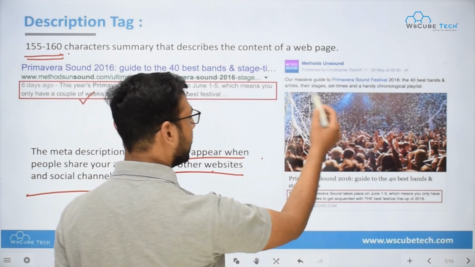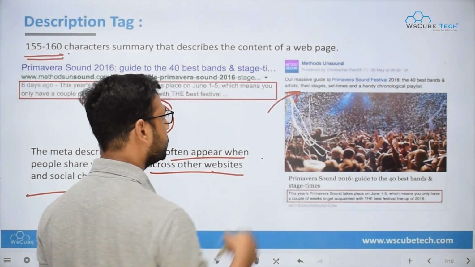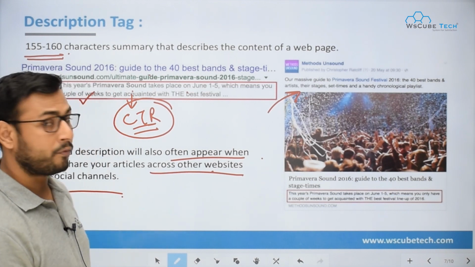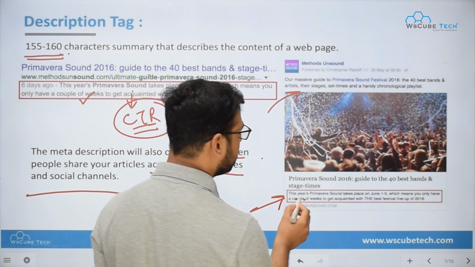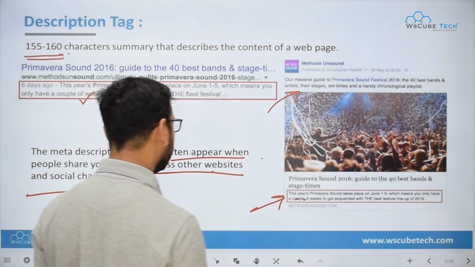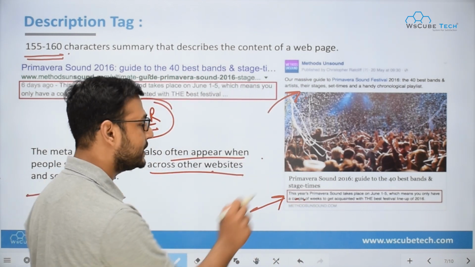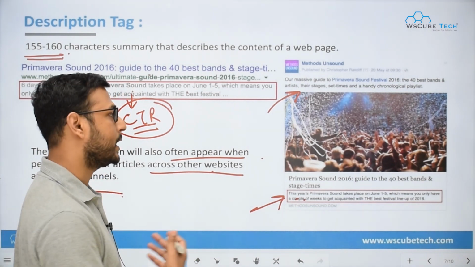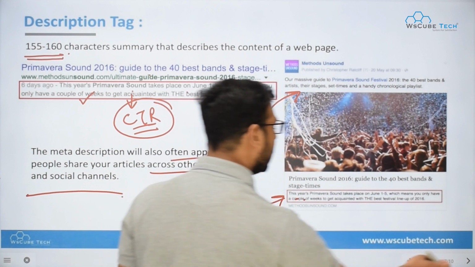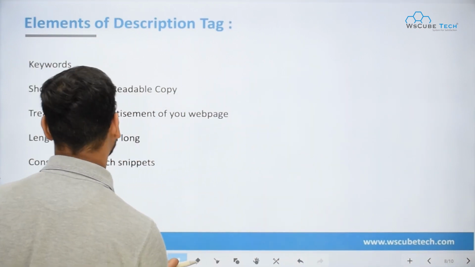As soon as they share your website on their profile, you can see the description is present over here. So you have to make sure that it is convincing, because it can appear on other social media profiles also if they are sharing your website. You have to keep this in your mind.